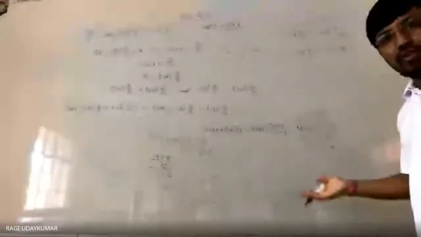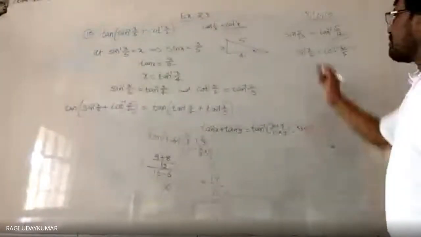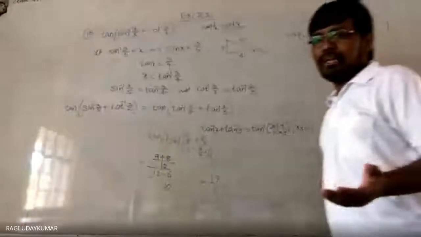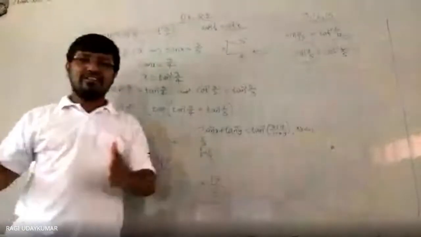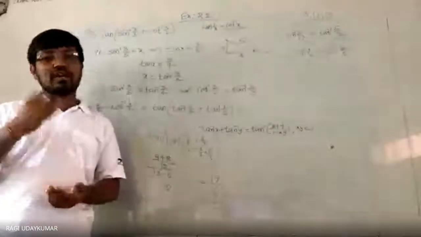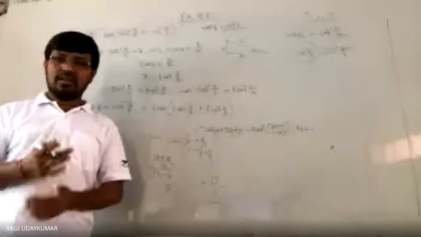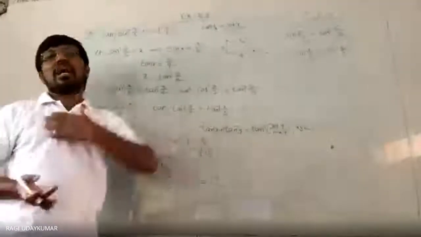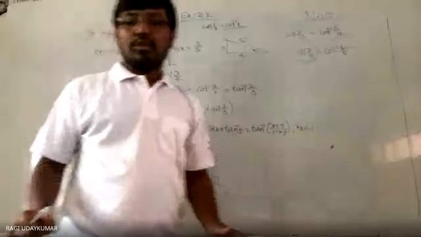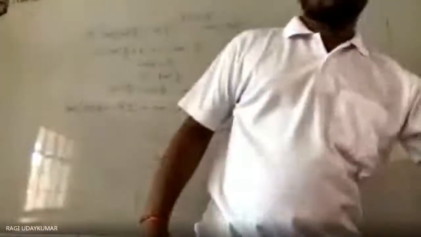Cot also you can write. Secant also you can write. Cosec also you can write. So any one inverse trigonometric function, if you are taking into consideration, can be written in different forms. Even sin inverse x, if you are taking, sin inverse x you can write in cos inverse and tan inverse, and cot inverse also you can write. So this is about your second exercise, and if you are having any doubts, shall we give a break?